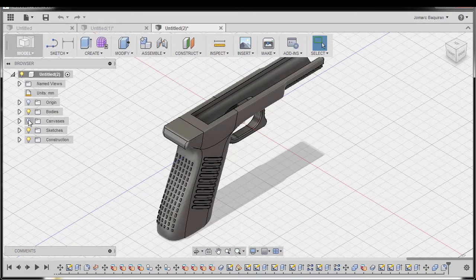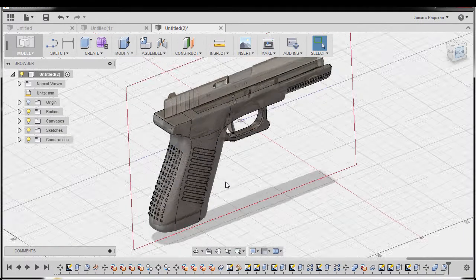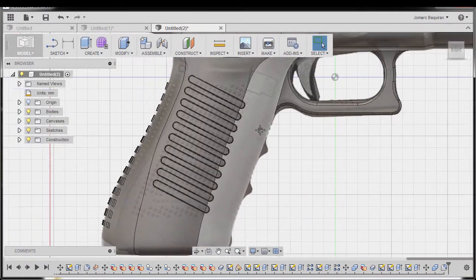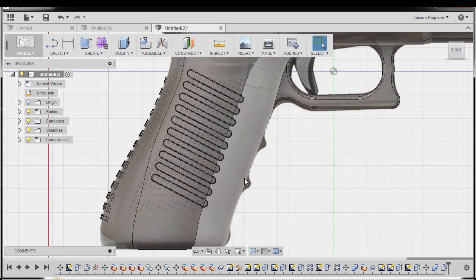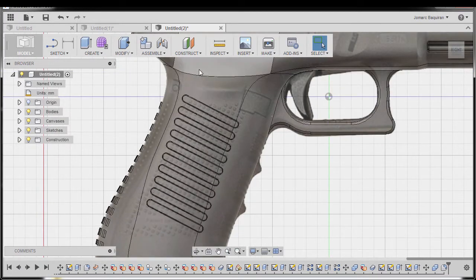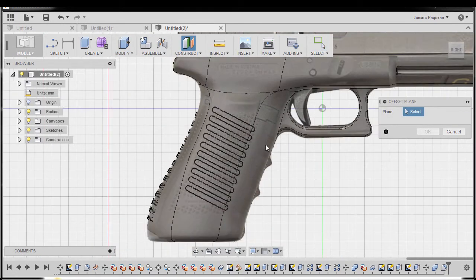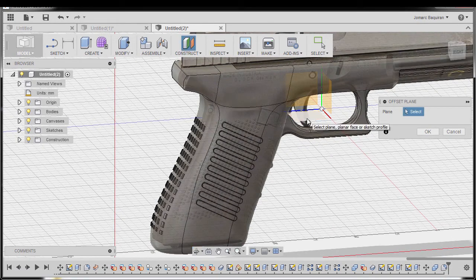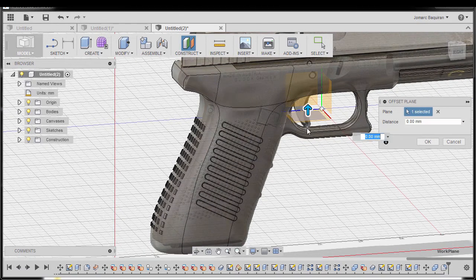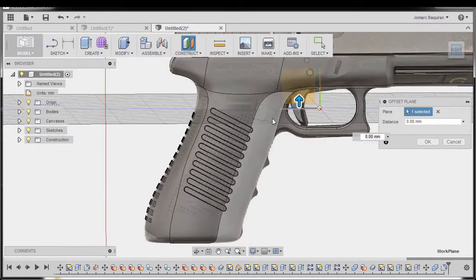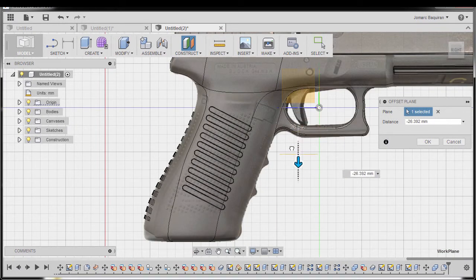I'm going to turn on the visibility of our canvas and go to right view. Let's now create the bump over here. So I'm going to go to construct and select offset plane. I'm going to turn on the visibility of our origin and select this plane. Going back to right view, I'm going to drag our arrow down,